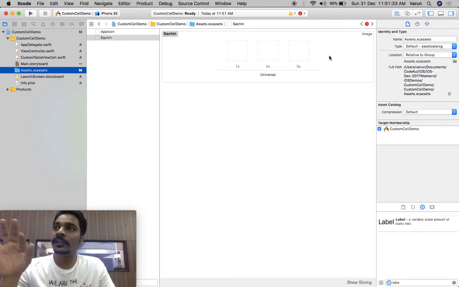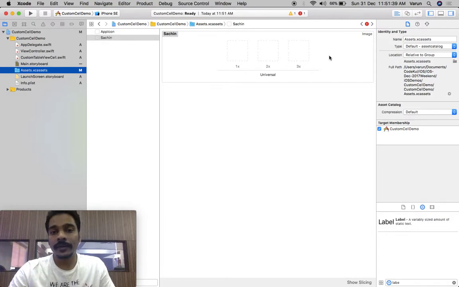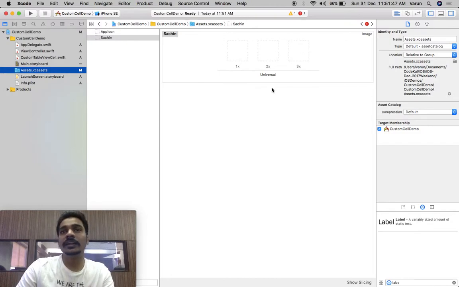For 3x as well they have tripled the pixels, right? So this is the retina one. That's why you need 1x, 2x, 3x images. Fine. But presently we are not using any 1x, 2x, 3x images. We'll be using only 1x, right? We need to scale the images, but we are not scaling the